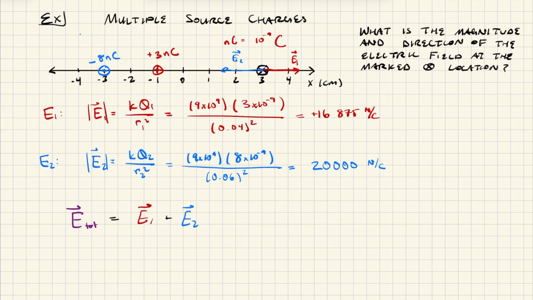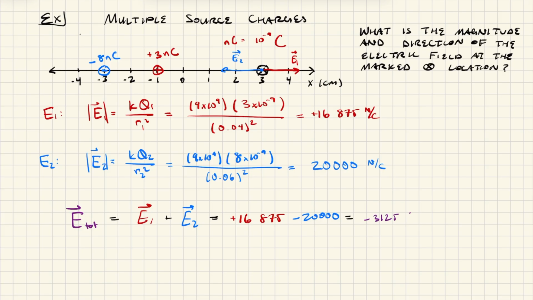Okay, because we're in one dimension, keeping track of the directions is really easy. Positive values point to the right and negative values point to the left. And so because E1 is rightwards, we know that the vector E1 can be represented with just a positive 16,875, okay? And because E2 is pointing to the left, when we add this vector, we're really subtracting the value of the magnitude of E2. And so we have a minus 20,000 newtons per coulomb from E2 here. And so if we do this arithmetic, we find that the total result is that the electric field is a minus